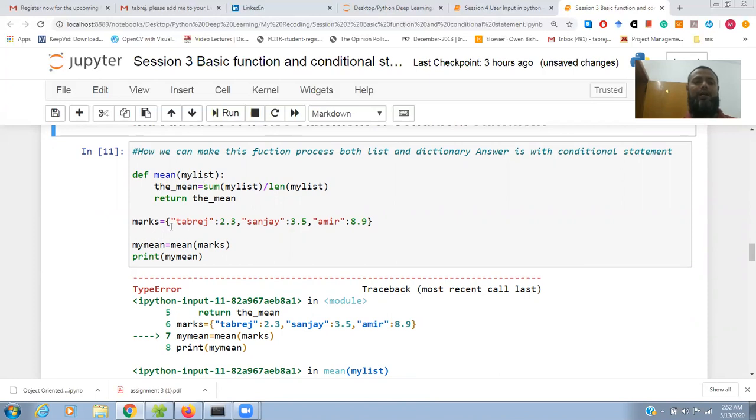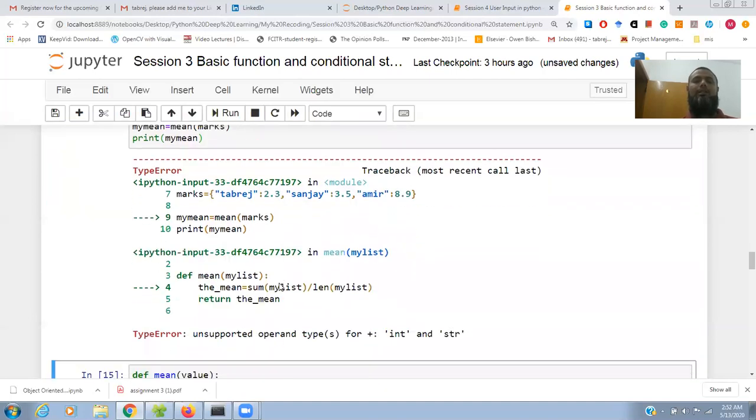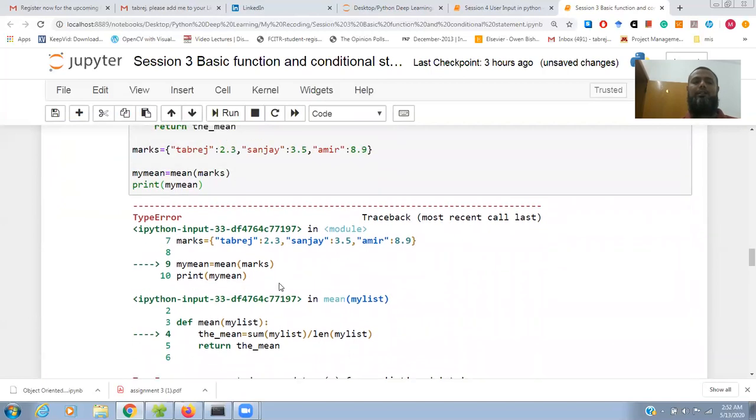In this, if I pass a dictionary, last class we already discussed how we can declare a dictionary. A dictionary is declared simply with curly brackets and key and value, key and value, key and value. So if we pass this dictionary here, it will not calculate the mean. See, it will give the error, integer to string.